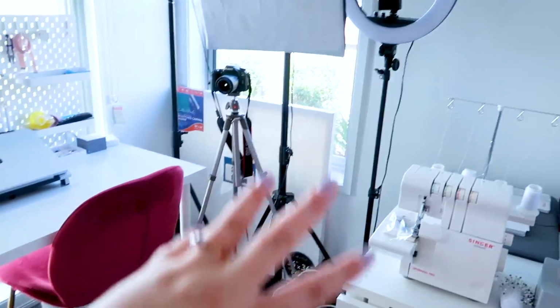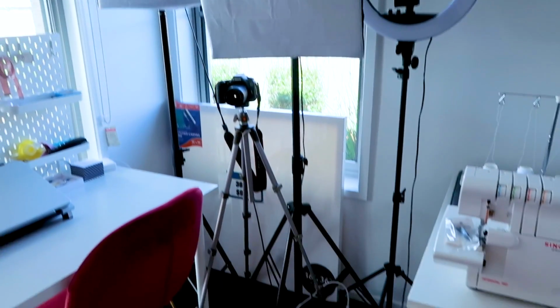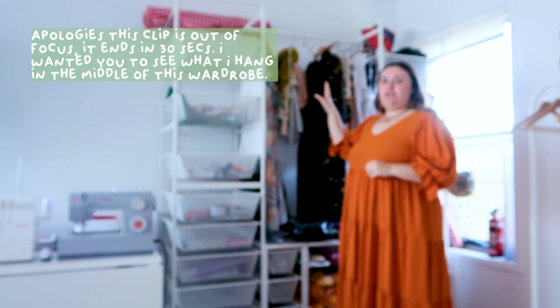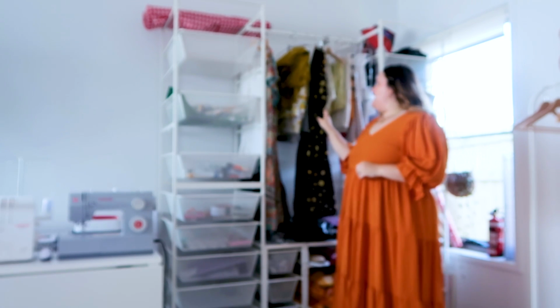So I'm not obsessed with this corner, but it's also just one of those things that when you film and have filming equipment, you have to store it somewhere. On the one hand, it holds all of my fabric. I'll show you what I use for that in a moment, but it also houses any of the clothes that I need to readjust, fix, alter,